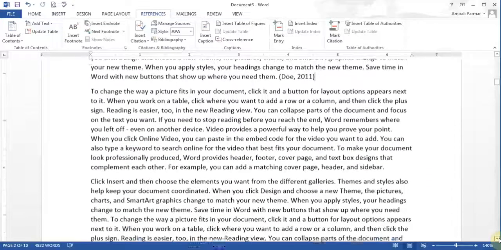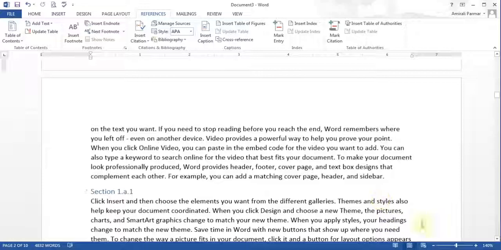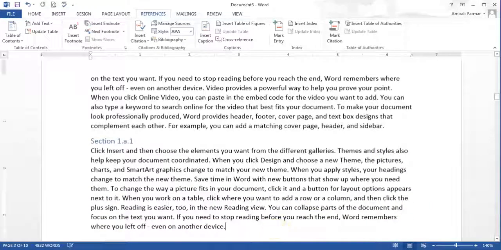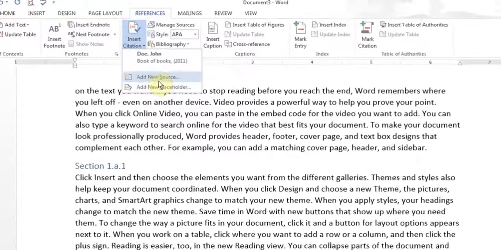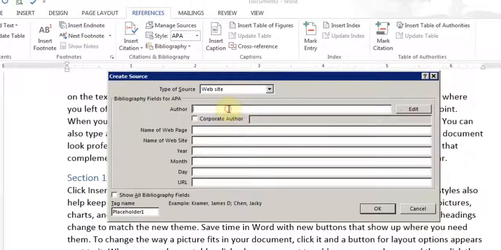And I'll just scroll down and say up here I want to add an internet source. So I got some information from the internet. So I'm going to add a citation here, add a new source, and I'll say that I got this information from a website. So now again it wants me to type the name of the author,